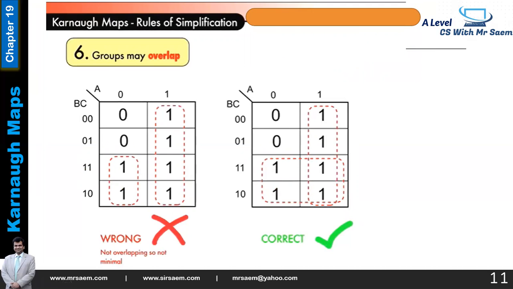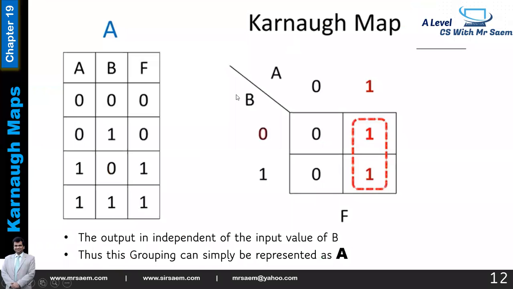Now, rule number 6 basically means that you are allowed to overlap your groups. It's certainly allowed. So groups may be overlapped. You can overlap the groups rather than leaving them like this. Moreover,